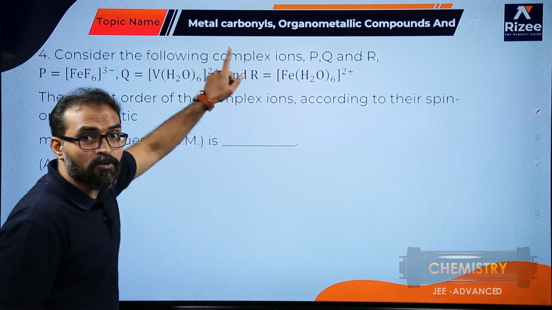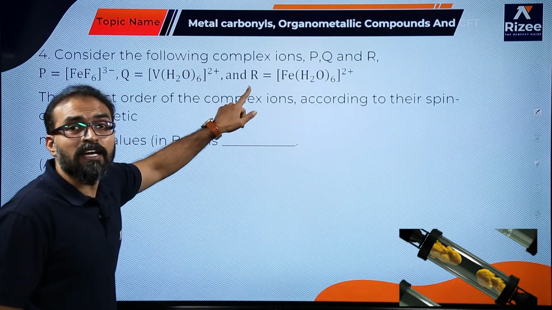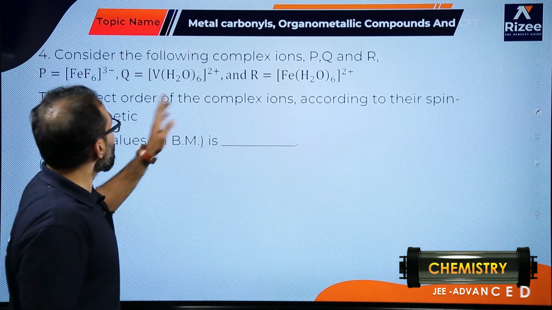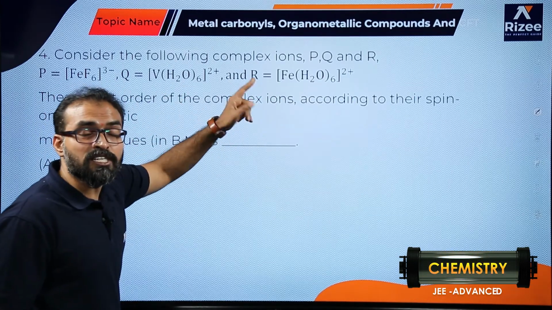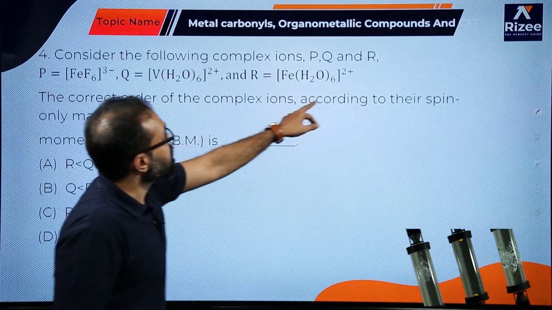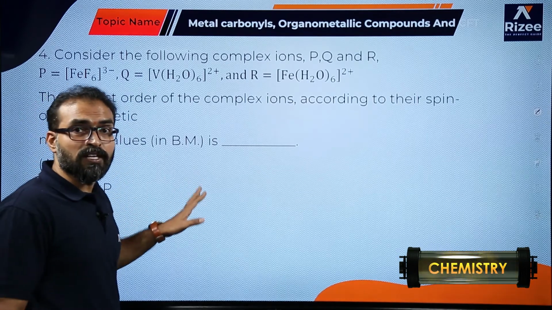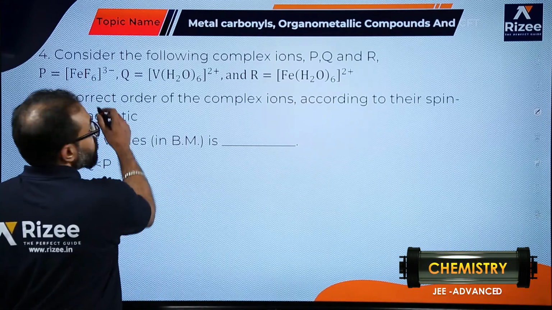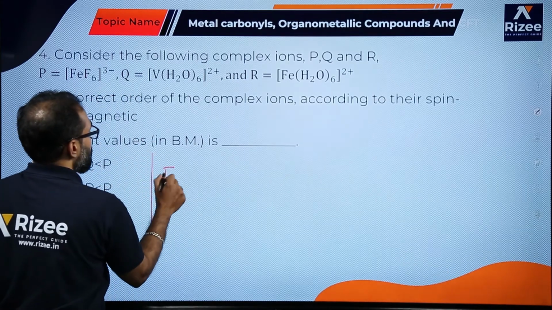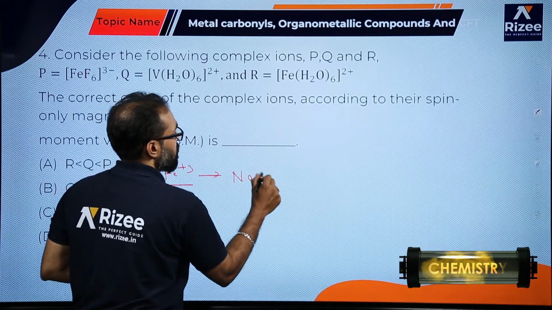Here the important thing we have to see is the ligand. The ligands we are taking here are all weak field ligands, so no need to think about the ligand, there is no need of pairing. What you have to see here is only their oxidation states and how many unpaired electrons are present. Now see, the correct order of the complex ions according to the spin only magnetic moment. We have to arrange them in increasing order. For the first one, iron is in the +3 oxidation state, so how many unpaired electrons are there? The number of unpaired electrons is